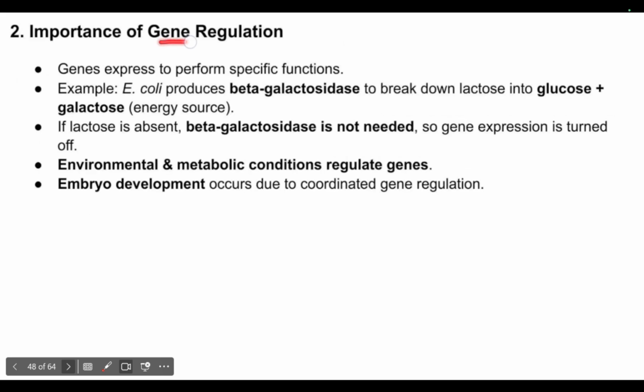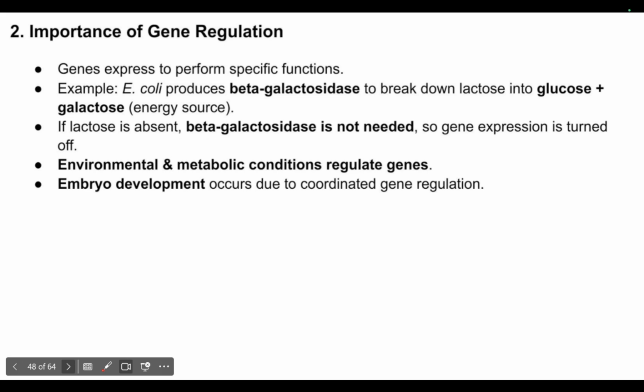So what is the need of gene regulation, or why is a gene regulated? Every gene is expressed to perform a specific function, and that specific function is performed only in specific conditions. So let's say E. coli. E. coli produces the beta galactosidase enzyme to break down lactose into glucose and galactose. Now the purpose is to break down lactose. So the beta galactosidase enzyme is required only if lactose is present. So beta galactosidase enzyme is produced only in the presence of lactose,